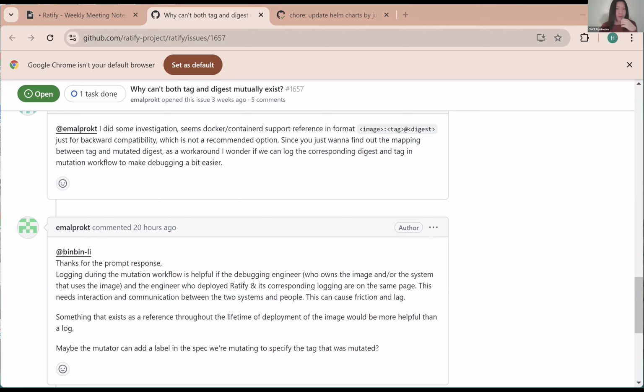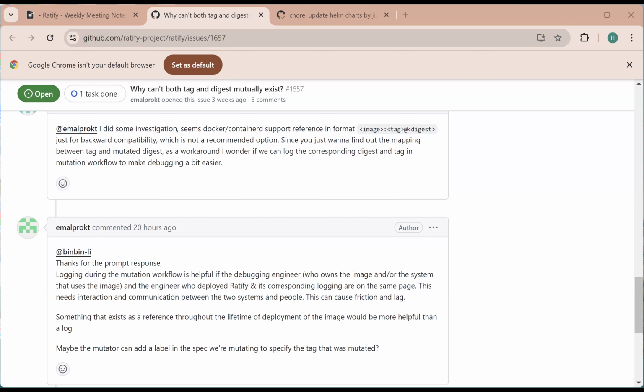When I describe the pod? Yes, in the container image. Right, and is everything in our control to show the digest and the tag? If we mutate to tag at digest, yeah, it will display as that. But if we mutate to just digest, then in the pod,